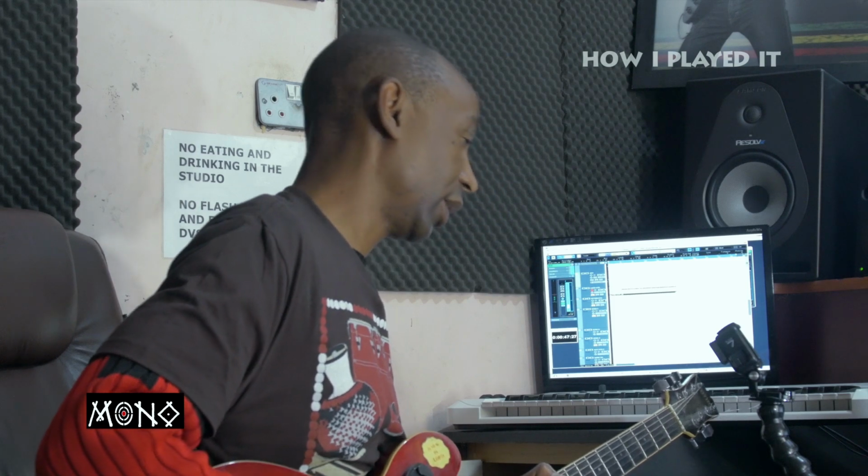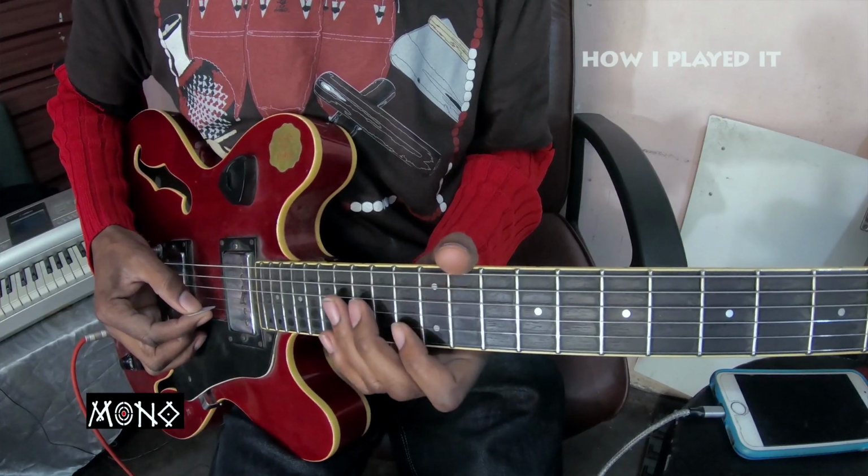The first one is the main guitar line. That's the guitar line that I played when Oliver was doing the vocals. It goes like...